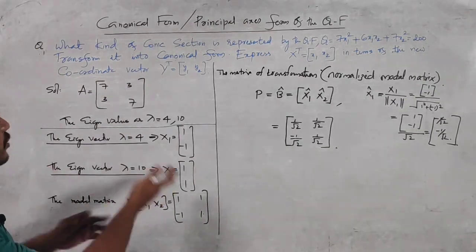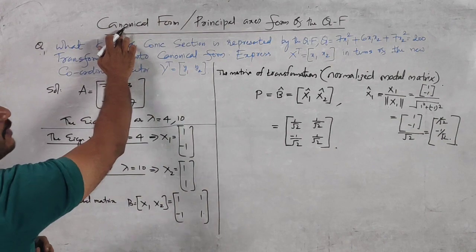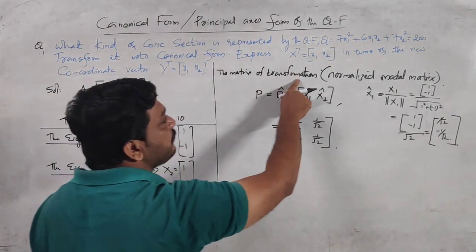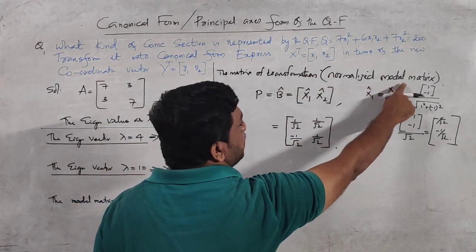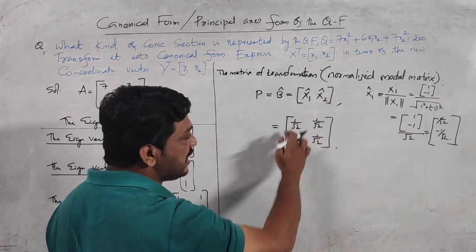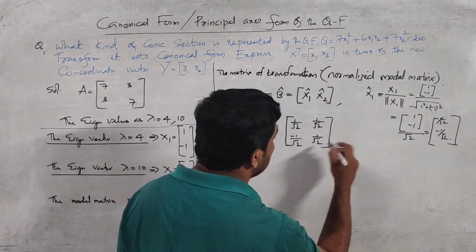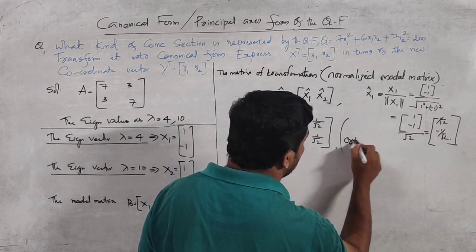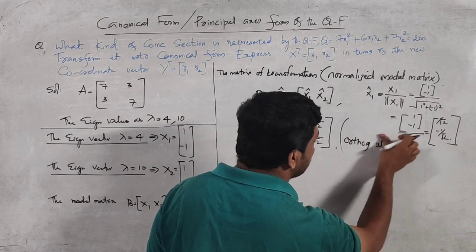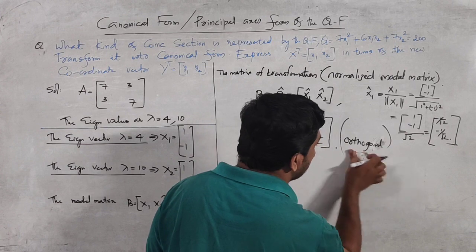We want to transform this given quadratic form to a new form, that is, canonical form or principal axis form. This is just a transformation. The matrix used for this transformation is the normalized model matrix, that is this P. Definitely, P is an orthogonal matrix. All of you know the definition of an orthogonal matrix: P into P transpose is